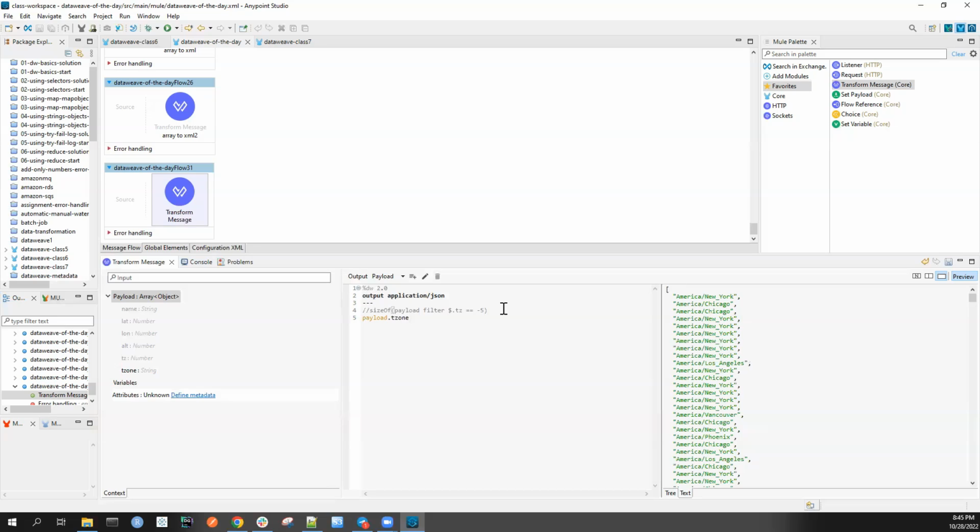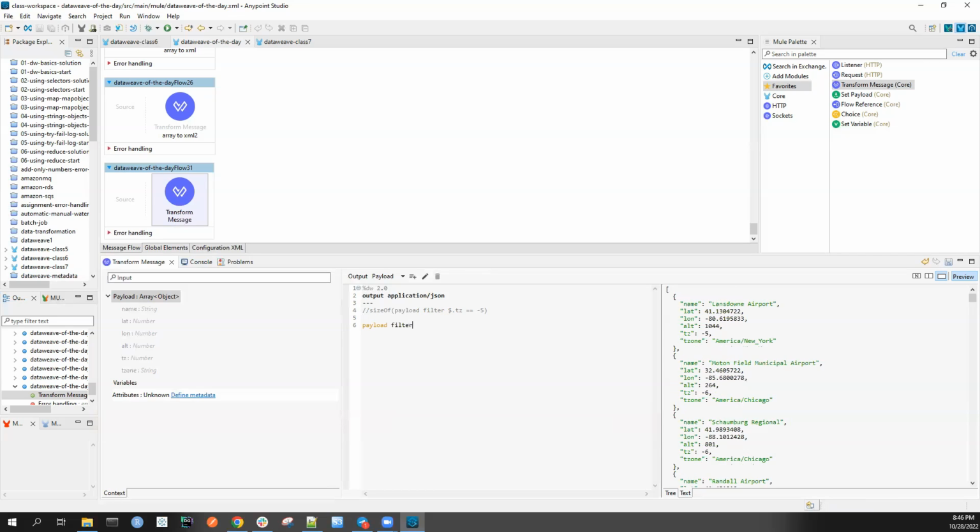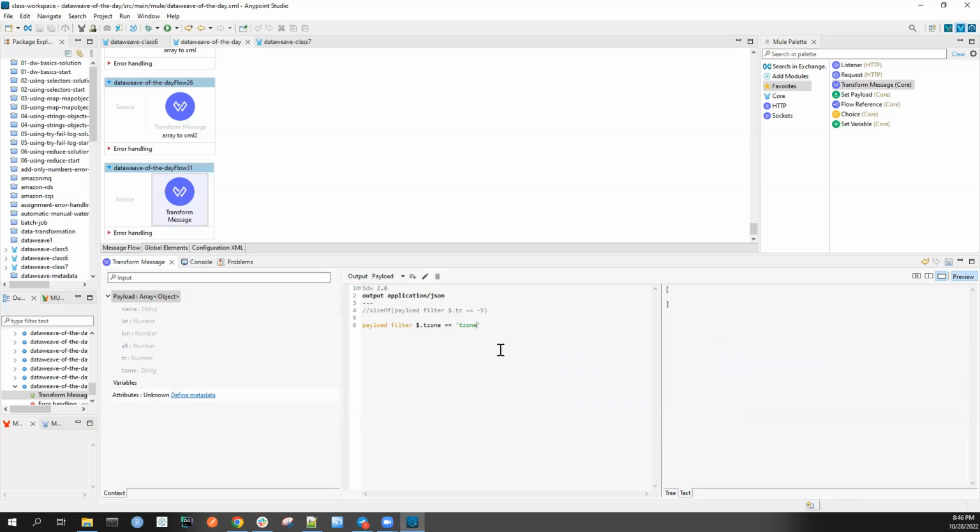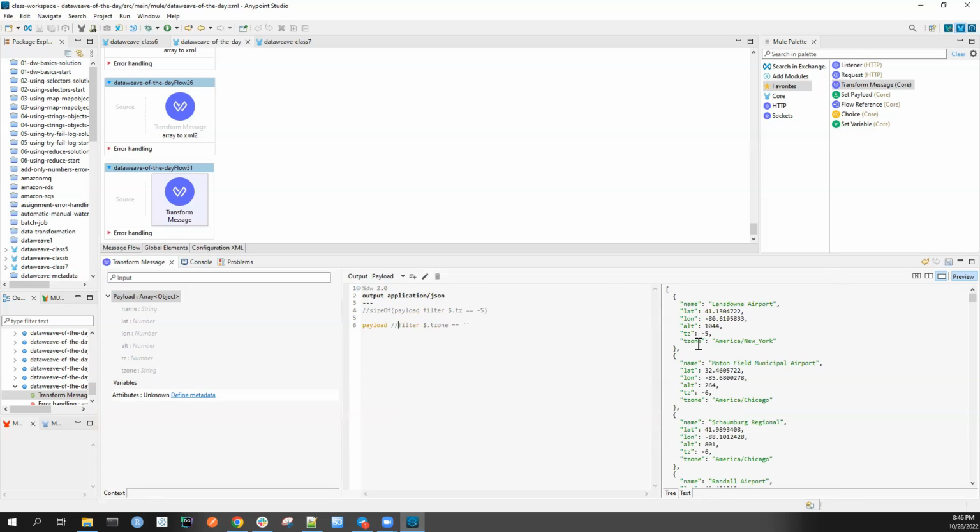If you notice that and get confused, I checked it in the Excel file, and the reason is that there are a couple of records without this TZ value. So here also I will filter $ sign of tzone equals, oh no, what was it, America. Let me comment it up here to see. Then I copy this